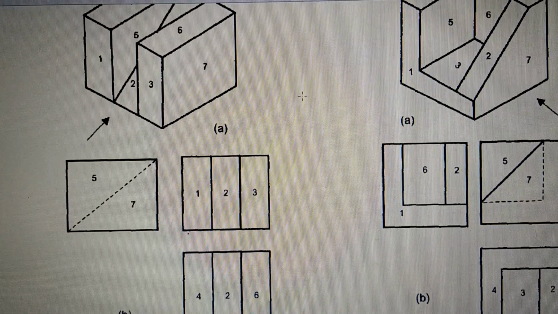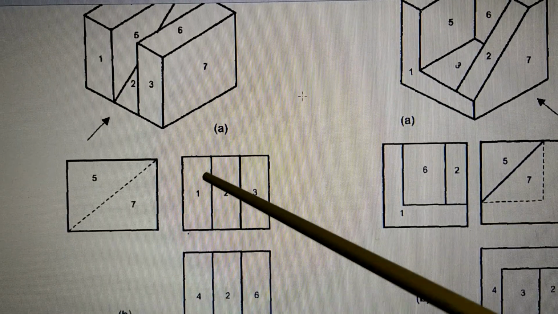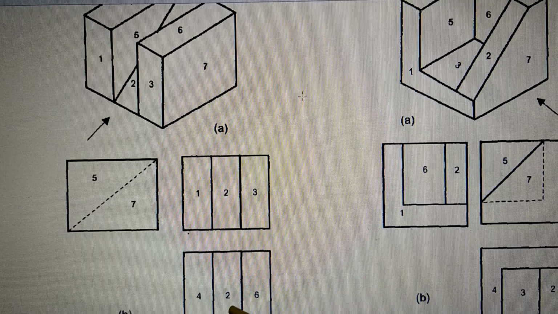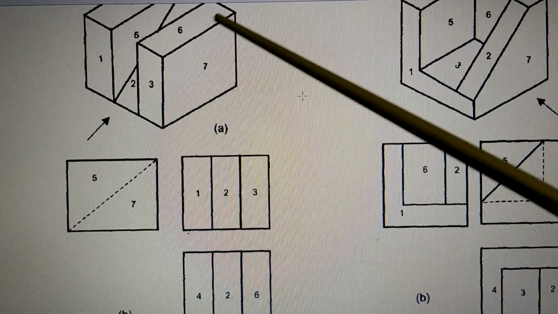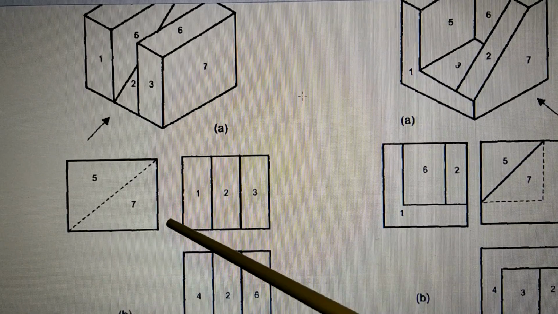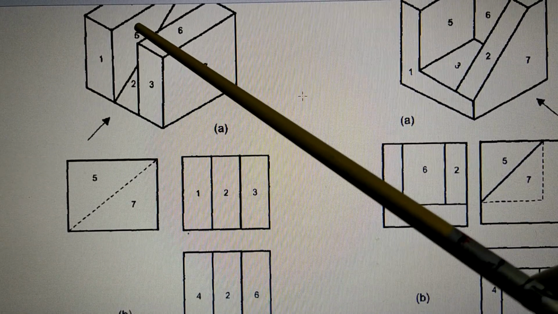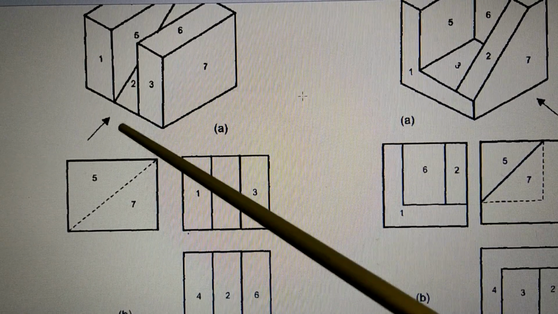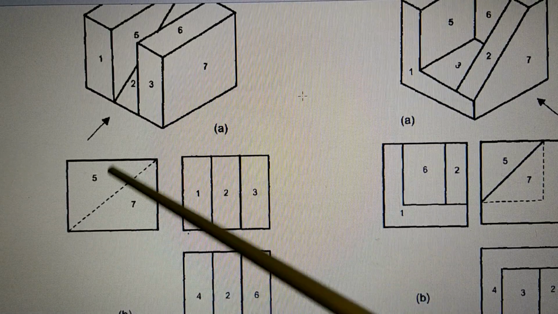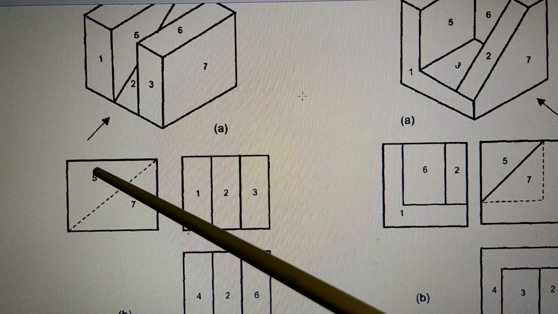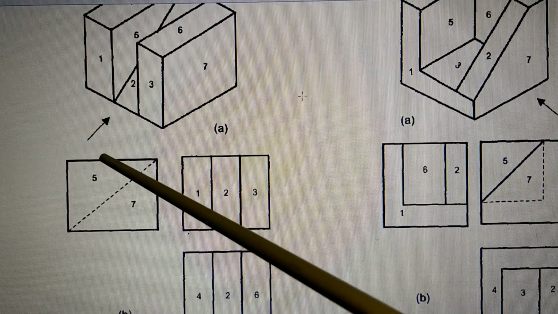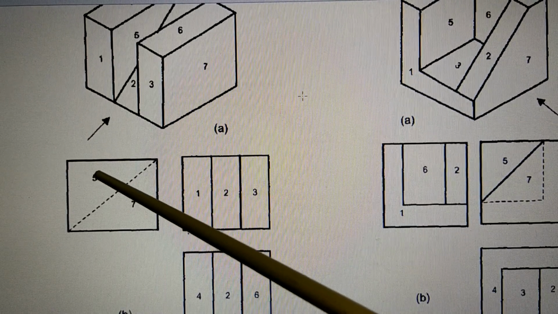So you can see 4 and 2 and 6, 2 exactly here. And then when you see from the right hand side, draw on the left side, you see this 7, only 7, and then there is 5, but this surface is there. So this surface is shown by inclined line, so surface 2 is by inclined line, and this is 5, which is shown here, but then it is not actually seen, it is behind. So you need not write this 5 here.